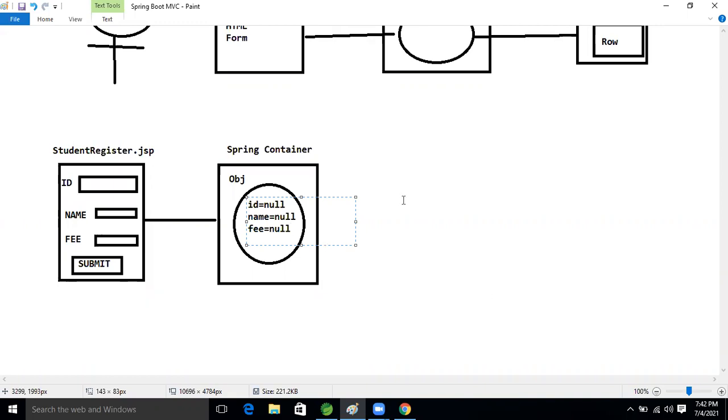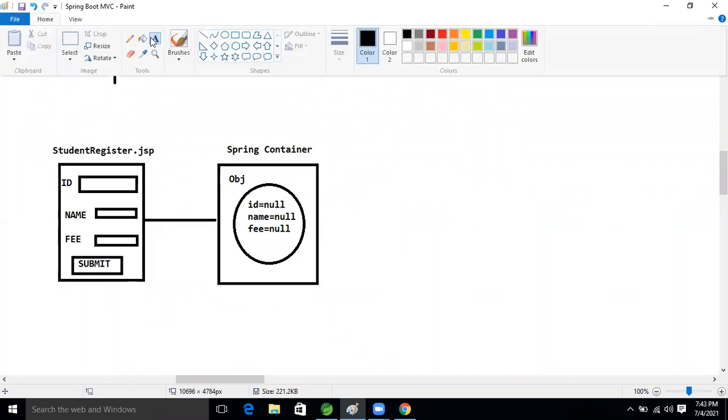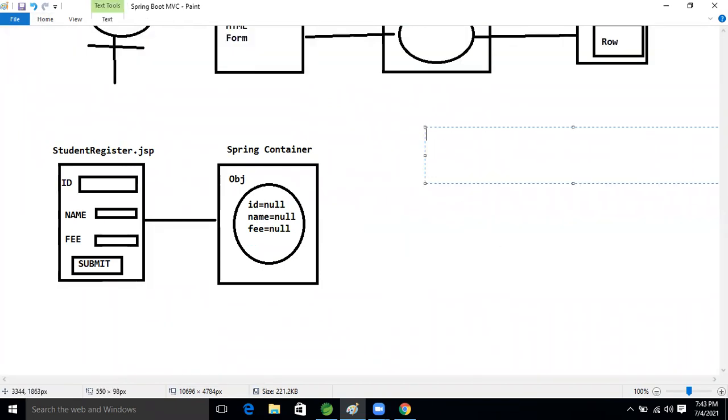So where will we read this data? Inside our controller class. Just think that this is the student controller class.